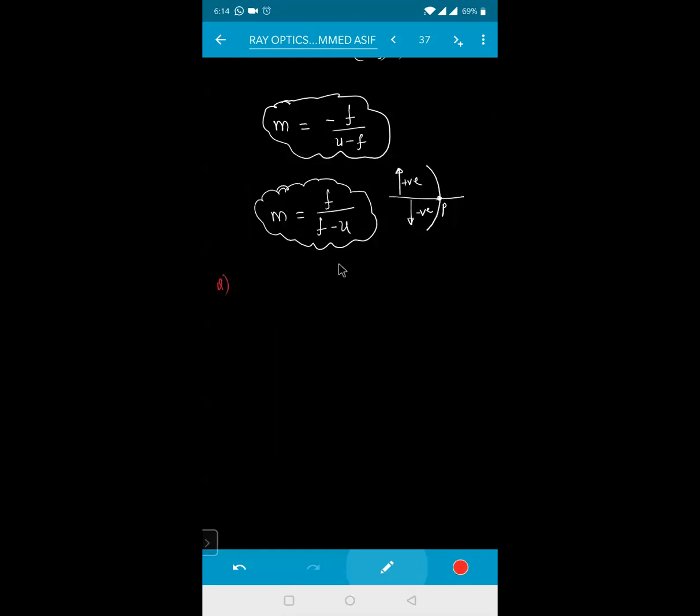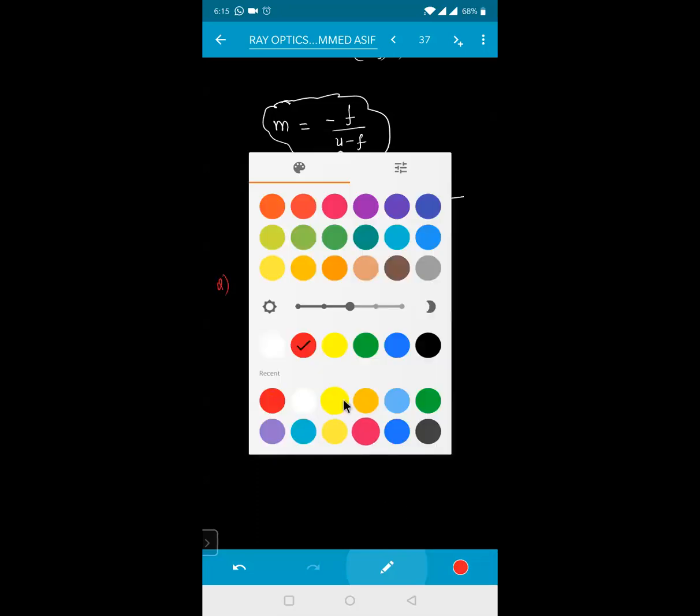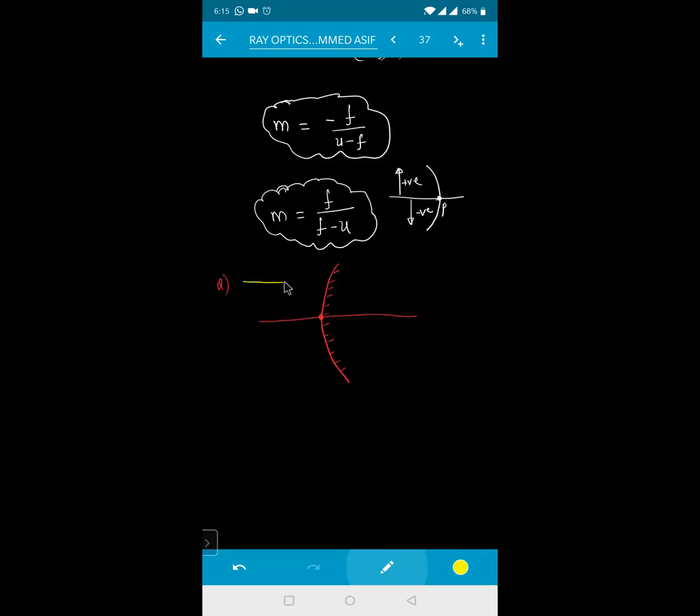Let me give you a small question here right now. This is a mirror which has been silvered inside. So when it is silvered inside, what type of mirror will it become? Convex. From this one, the ray of light is being incident like this, and after reflection it will be reflected back like this. That means if the mirror were not present here, the ray of light would have gone like this. Is it clear?